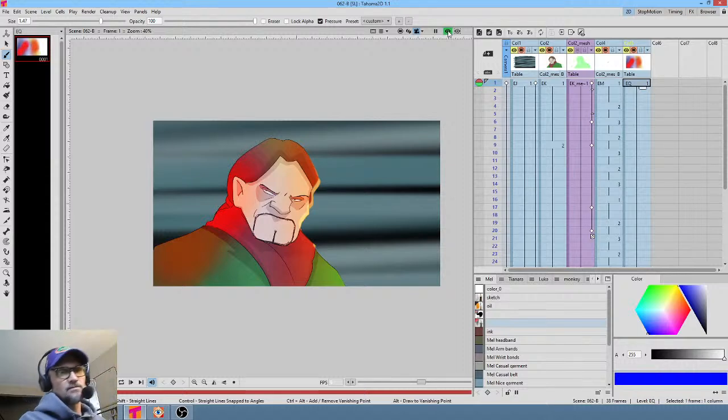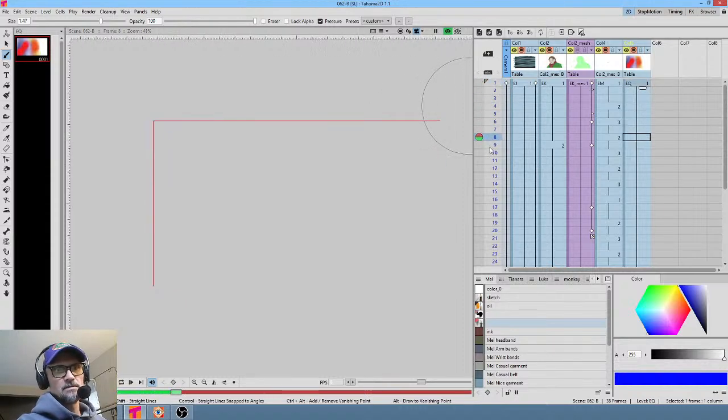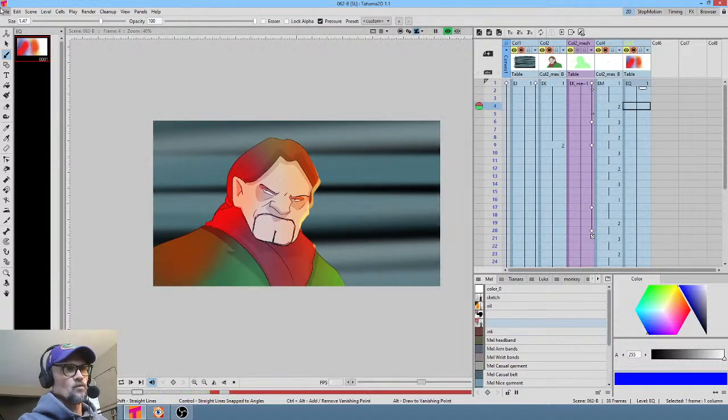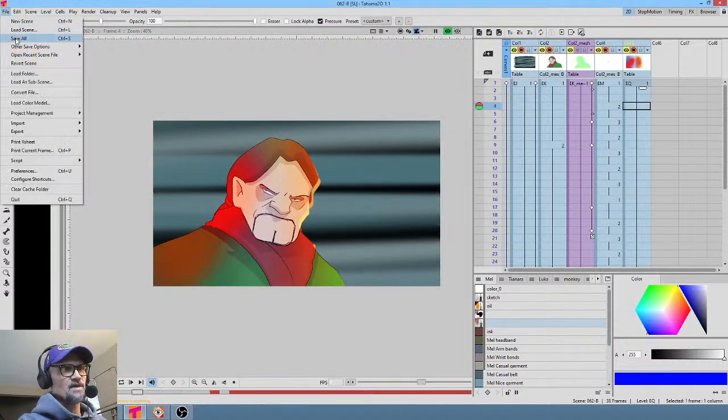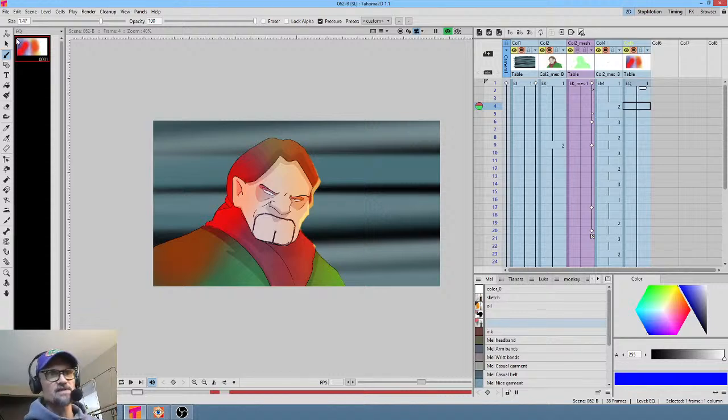So I have an interesting choice I need to make here. I actually like the red. I think it's a cool effect. But there's definitely something weird in Tahoma right now. So I'm going to save my shots. Let's just save everything. And I'm going to reopen Tahoma because the idea that